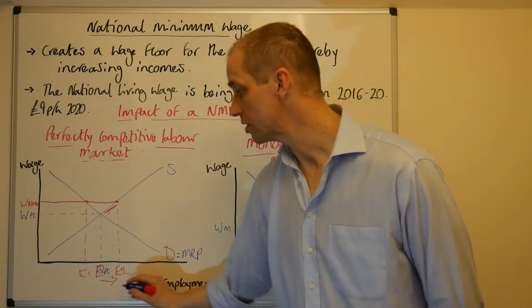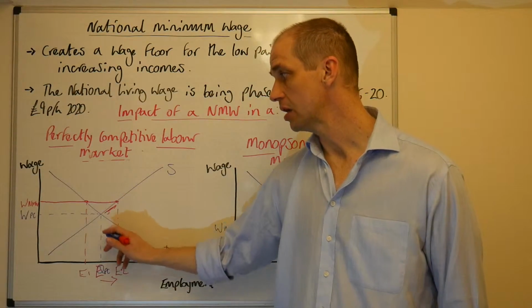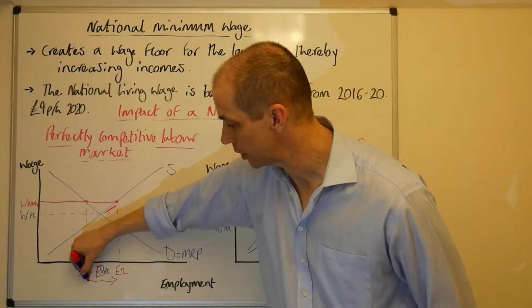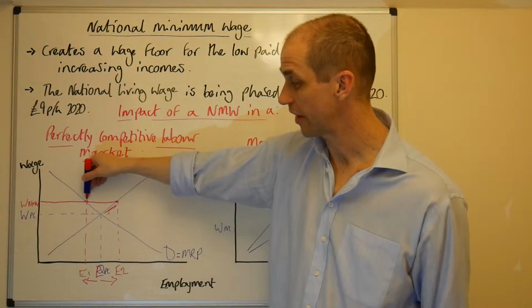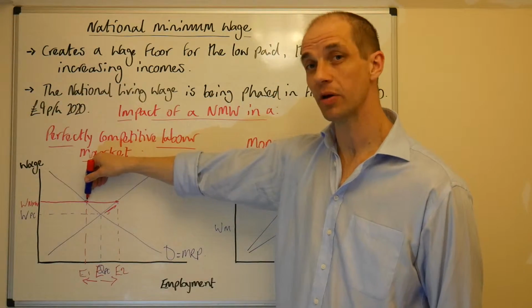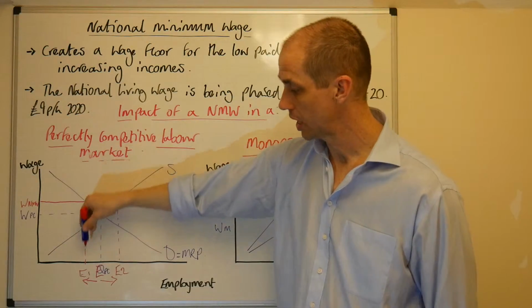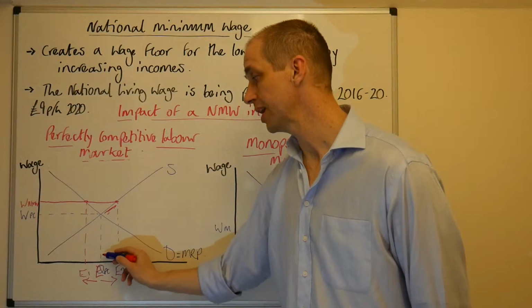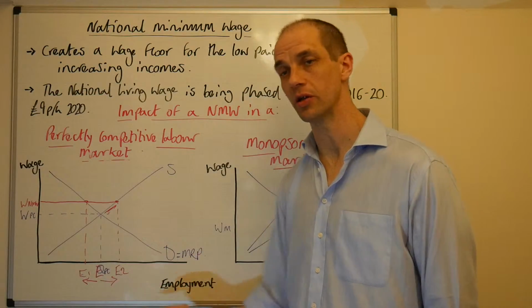Meanwhile, we can see that for those in employment at EPC, there's now a reduced demand for employment at that higher wage cost. In effect, marginal cost of labour equals the marginal revenue product of labour at this point, coinciding with E1. So therefore, there would be an increase in direct unemployment, workers made redundant here